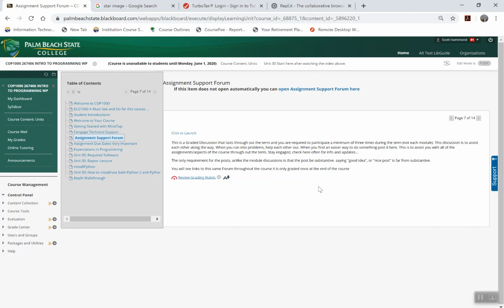Just post 3 times. It could be you posting a question, or a comment, or a response to somebody else's question. This is just a place for everybody to come together to help each other. "Hey, look what I found. This may help you with whatever it may be." Okay? So it's just one more tool to get everybody on the same page